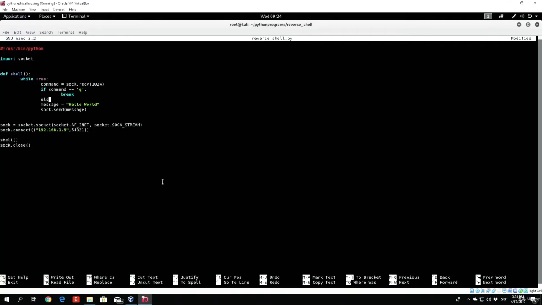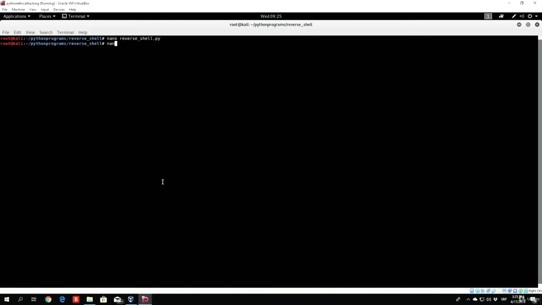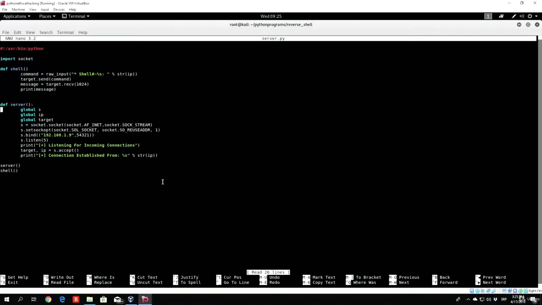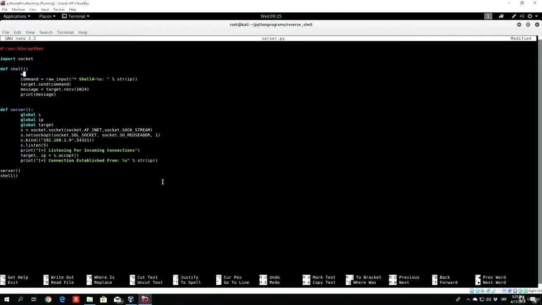In any other case, we will just set this message to be equal to hello world, and then we will send the sock.send message to the server. So let us save this. Let us also nano the server part of the code, since here as well we need to specify a while true loop. So while true,